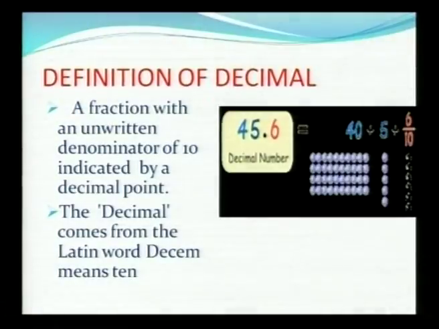Friends, now the definition of decimal. A fraction with an unwritten denominator of 10 is indicated by a decimal point. The decimal comes from the Latin word decim, which means 10. Friends, for example,